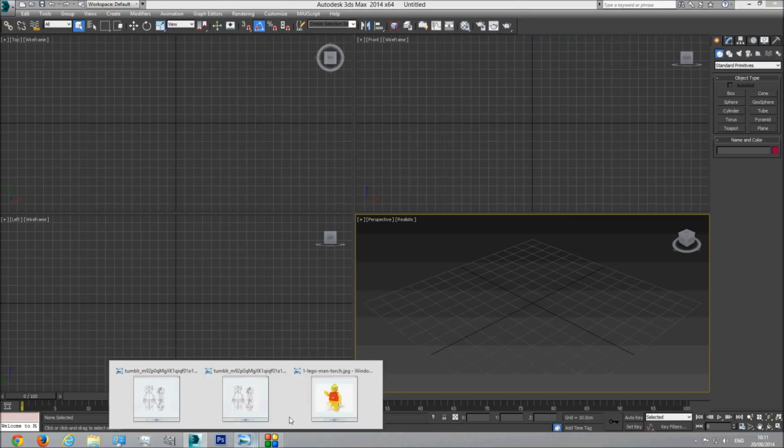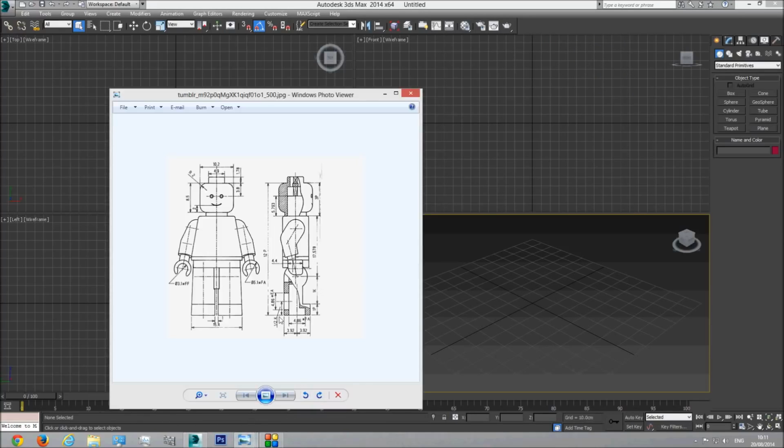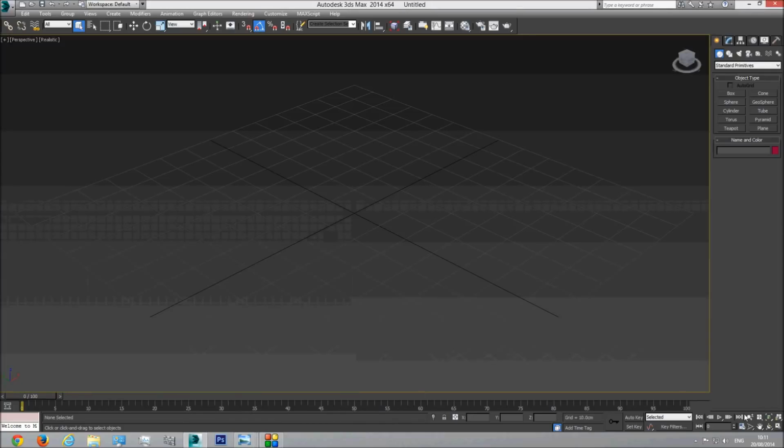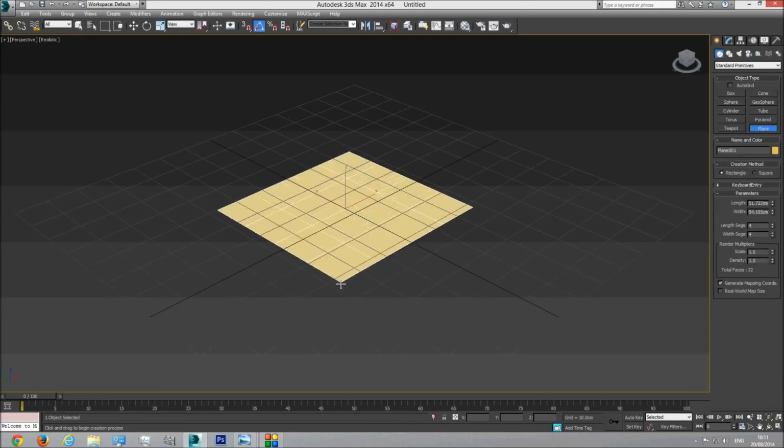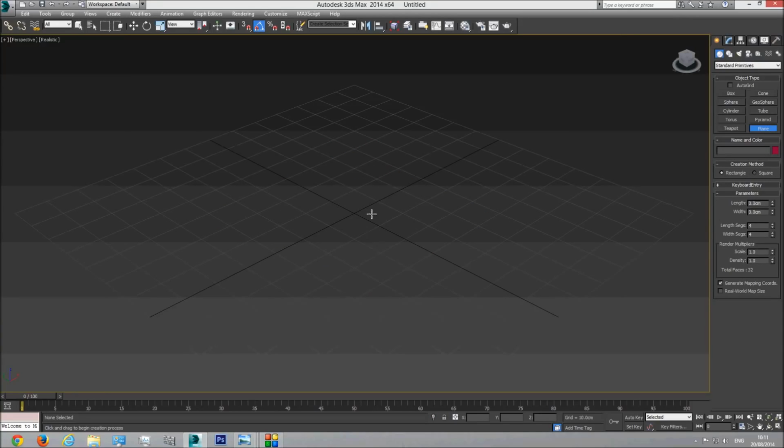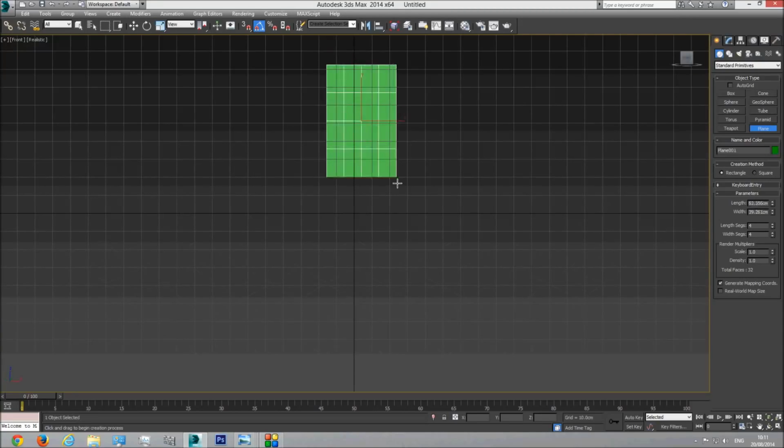Alright, first thing, I have a blueprint here. I will include this blueprint in the comment section so you can download it and use it with this tutorial. I'm going to insert this blueprint into 3D Studio Max so we can build off it. So first thing I'm going to do is create a plane. Now I'm going to create a plane in the front viewport,